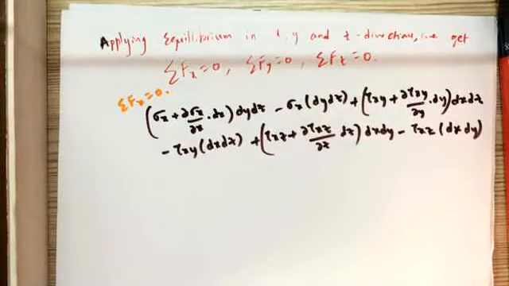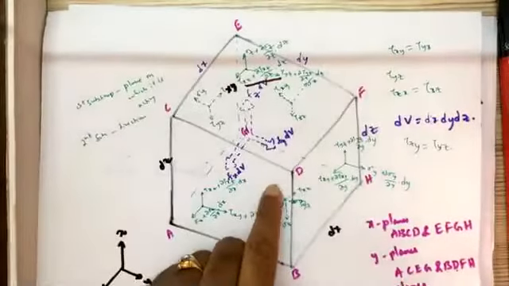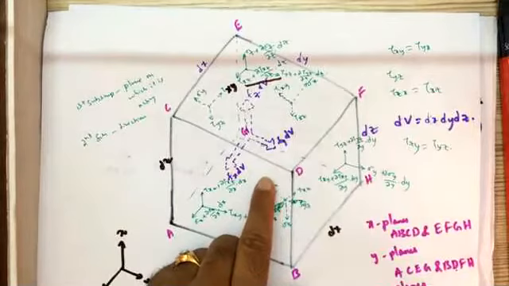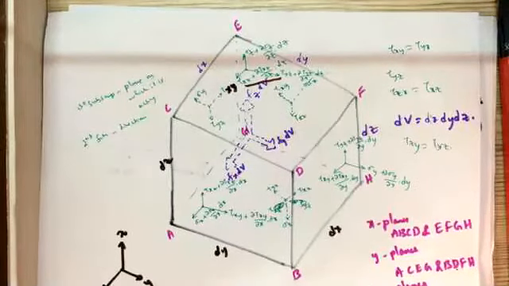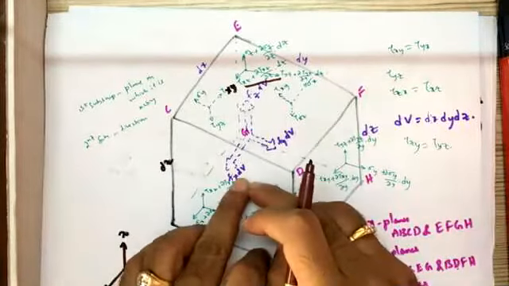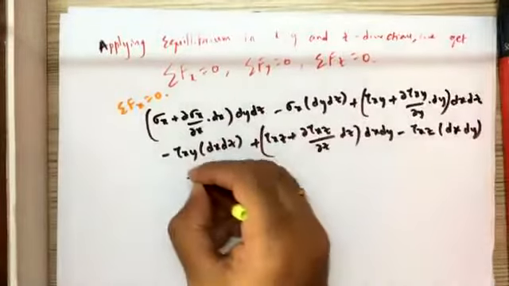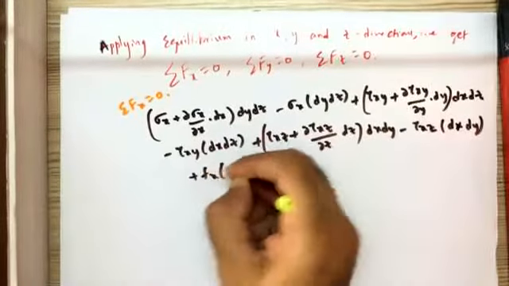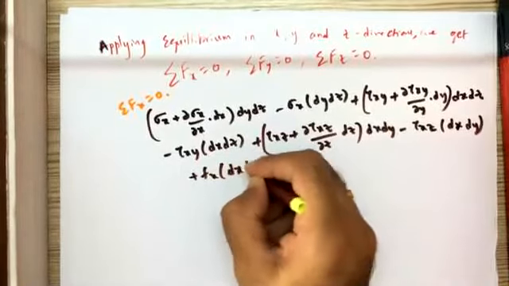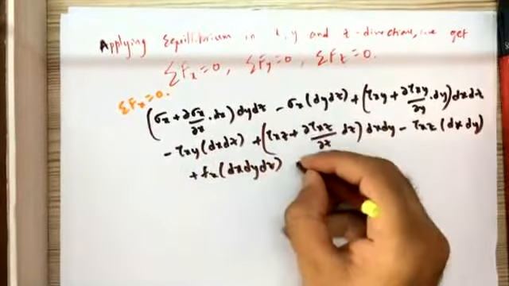Now we have converted these stresses into forces. Is there any force acting in the x direction? Look at this carefully and tell me. Any force remaining? Any other force we forgot? Yes, we forgot the body force component in the x direction, which is Fx into dv, positive x direction, so plus Fx into dv, where dv is dx dy dz, is equal to 0.